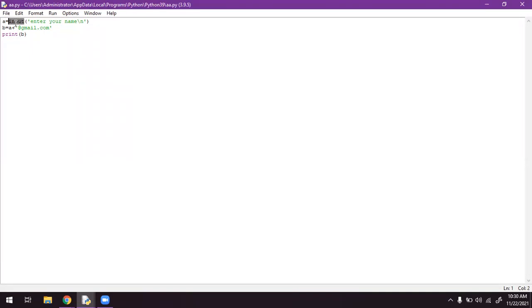We have to use the function as input. Then whenever we type the name, that will be assigned to the variable a. Then that variable a is appended to @gmail.com, and that will be printed.